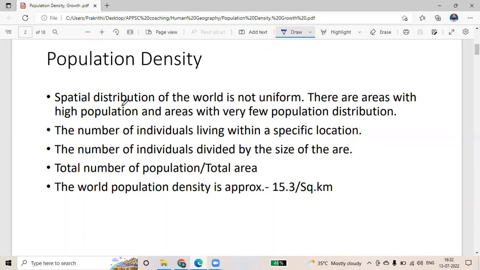That's why if we take the population density of the Earth surface, it is almost only 15.3 per square kilometer. उतना कम है. Even we know in Arunachal it is only 17. So इससे कम है if we take the population density of the Earth surface. But we are saying that population is one of the major problem. Population growth and population density are the two important problems that is facing now, and it will be an obstacle for the future growth as well.